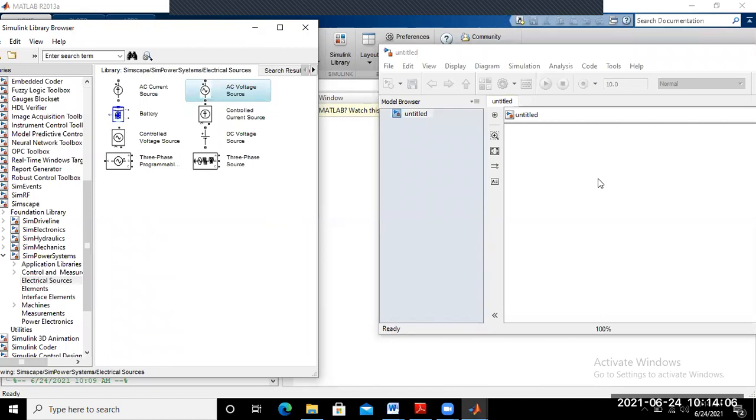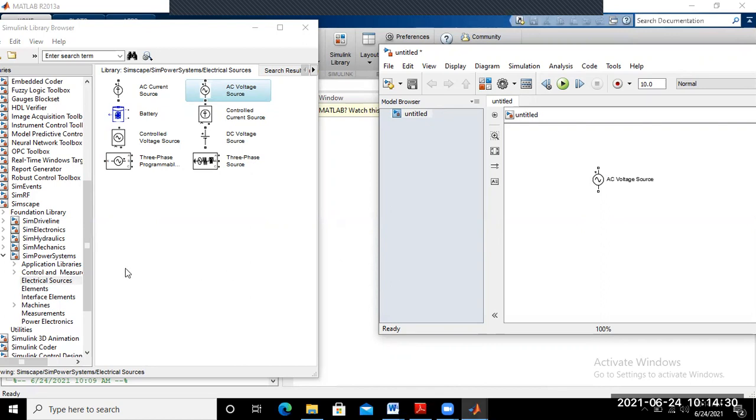Okay. So just this AC voltage source, place in workspace here. So this one is your AC voltage source. Now what you require? That means 4 diodes for the design of single phase full wave rectifier.